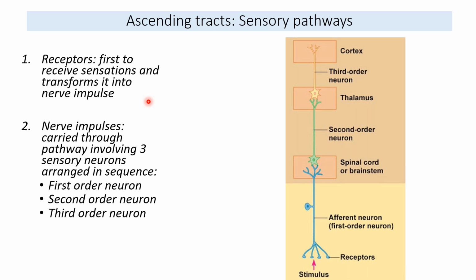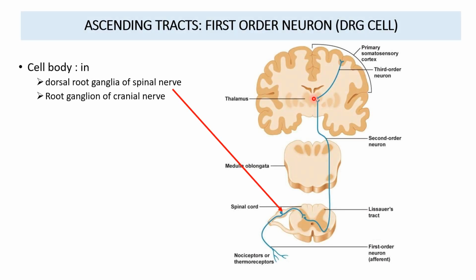Receptors were the first to receive the sensation, and these sensations are transformed into nerve impulses. These nerve impulses are then carried through three sequential ordered neurons in this fashion: first, second, and third order neurons. Now, this is only the diagrammatic representation in the sections also. The cell body, where was it located? In the dorsal root ganglion of the spinal nerve. This was the first order neuron, and this arrow-marked structure is its peripheral process, which is receiving from the receptor level,